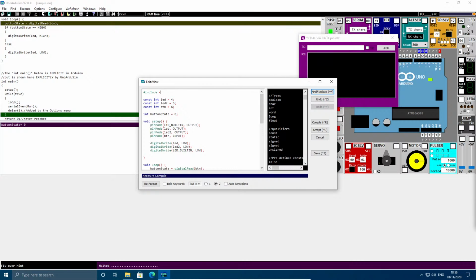Is Serial a built-in Arduino function? It is. Okay. We don't need to do that. Brain went blank for a minute. Now, instead, we go into our void setup and we type